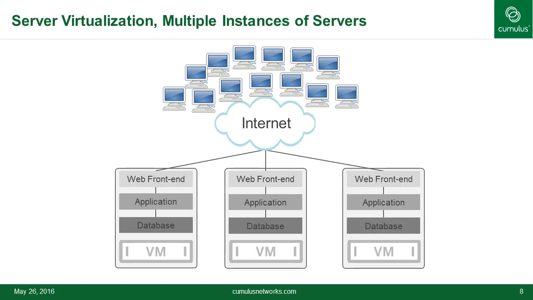Then came server virtualization. And what that meant is, even though I had broken my application into 3 separate pieces, it was still hard for me to scale as the number of users kept growing and growing. I couldn't multi-thread my applications because multi-threading and rewriting applications was pretty hard. So server virtualization came along, and it allowed you to run multiple instances without requiring multiple physical servers. This allowed you to scale your applications because each VM used 1 core, for example, but you could run multiple of them. So server virtualization allowed you to start scaling your network horizontally.